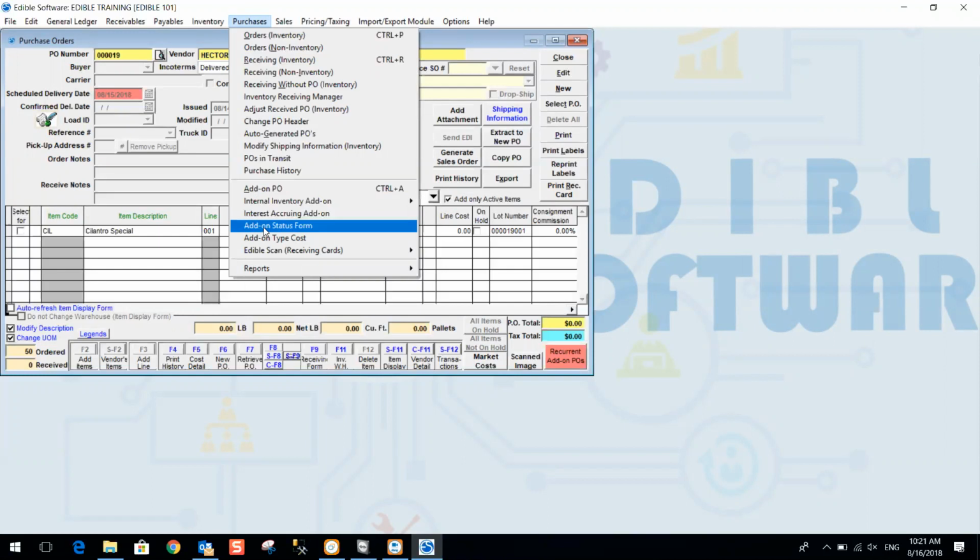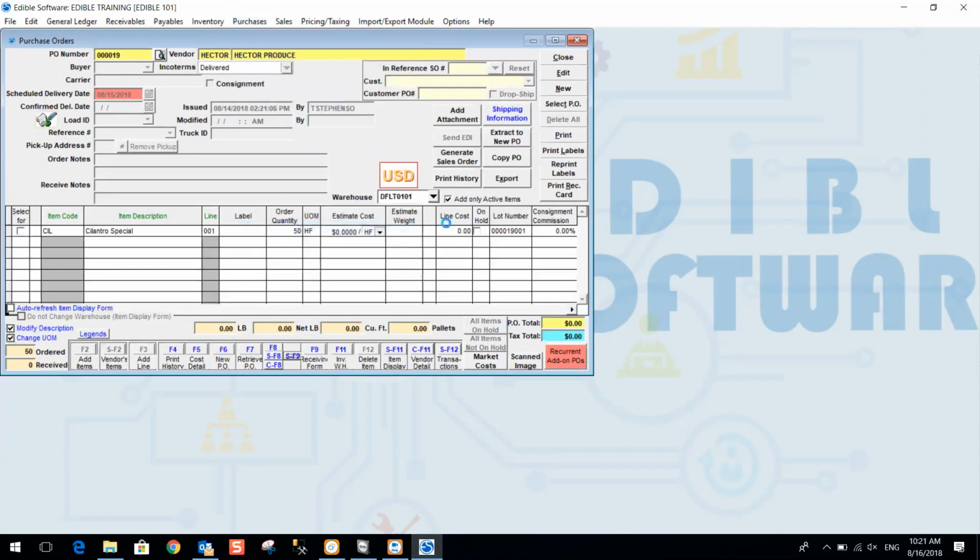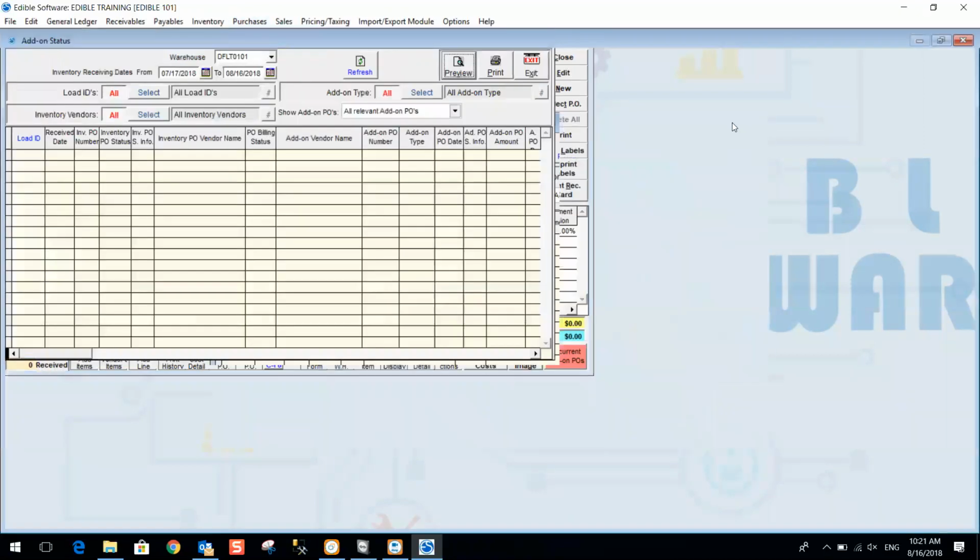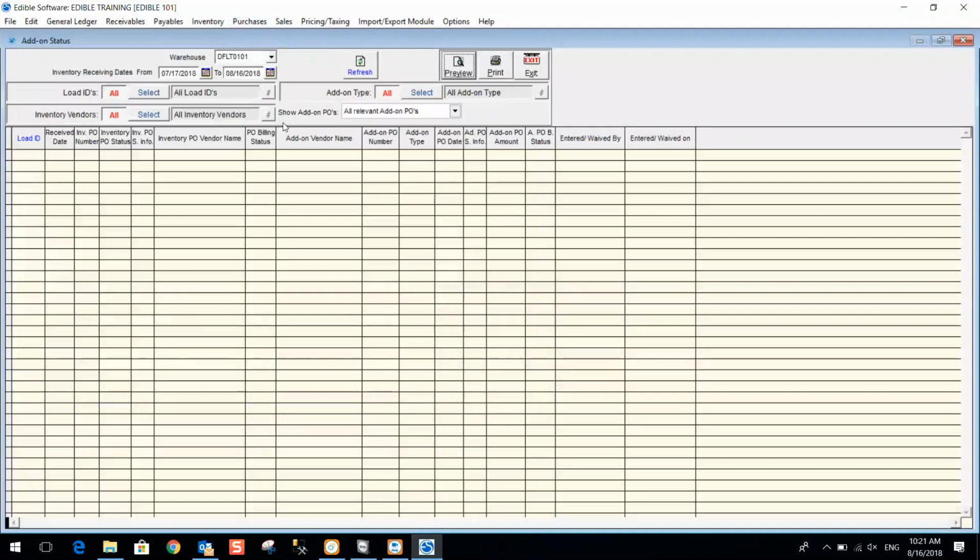The add-on status form is very nice. What it's basically used for, it's very similar to the add-on status form for sales that we looked at a little while ago. The screen is based on the inventory purchase order. So it's not actually based on the add-on PO you've created, it's based on the inventory purchase order that's being